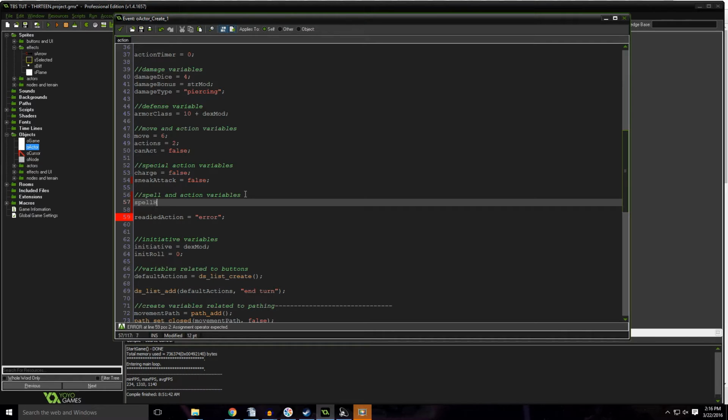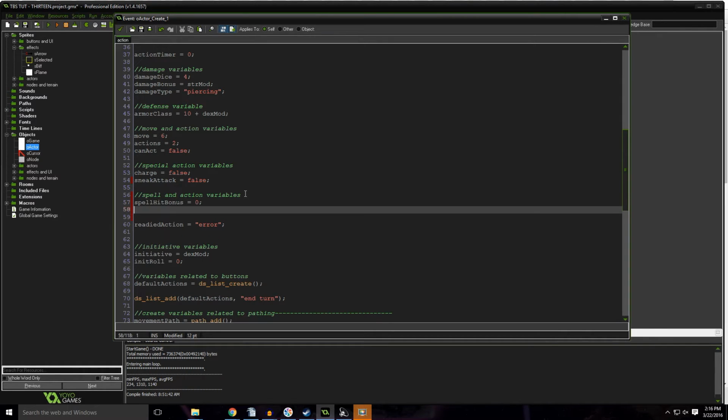We're going to do spell hit bonus equals 0, spell save DC equals 0. What a spell hit bonus is, that's obvious. If we're casting a spell that we need to make an attack roll with, we'll use that instead of our normal, like, whacking people attack roll. The spell save DC, some spells are considered to, like, automatically hit, and then it's up to the target to resist it, rather than for the caster to hit with it. For that, we'll use the save DC,